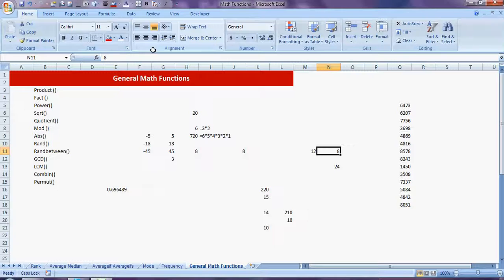Now, when we talk about combine and permute, these help us find combinations and permutations. First let us do permute, which is permutation. Now suppose you want to count how many possible ways you can draw 5 cards from a deck of 52 cards. So permute